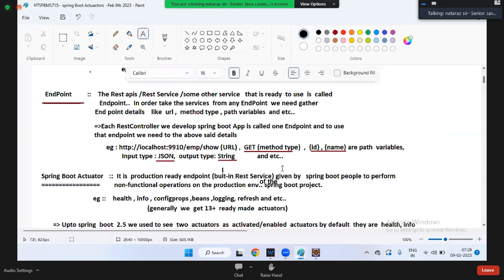Okay, I think you understood, guys. It's a production ready endpoint. That means a production ready RESTful web service given by the Spring Boot people to perform non-functional operations. Because of that, no business activity will take place. But